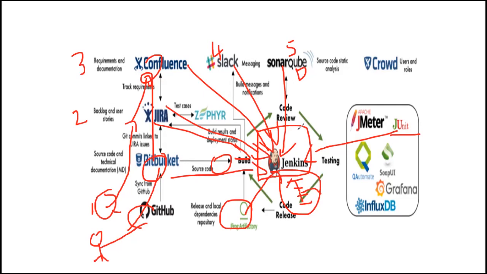If you understand this kind of clarity, it doesn't matter what the project is. Even if there are new tools, you don't worry. Be confident about the tools you work with in one complete workflow. That's it, and you project yourself. Of course, each project will have different tools and a different pipeline, and you need not worry. As long as you are confident in one single pipeline, which we are going to see in the hands-on, you have to project it this way only, right? So let's go further.